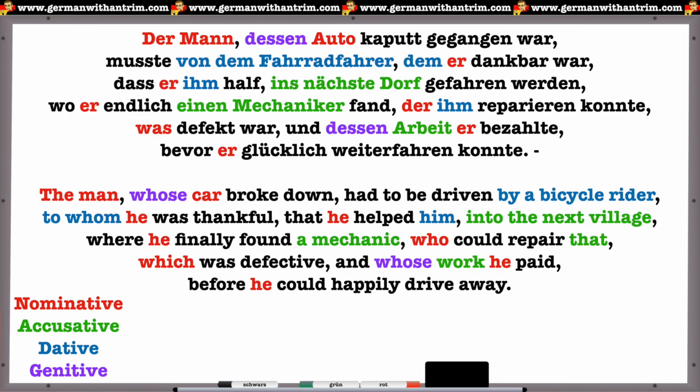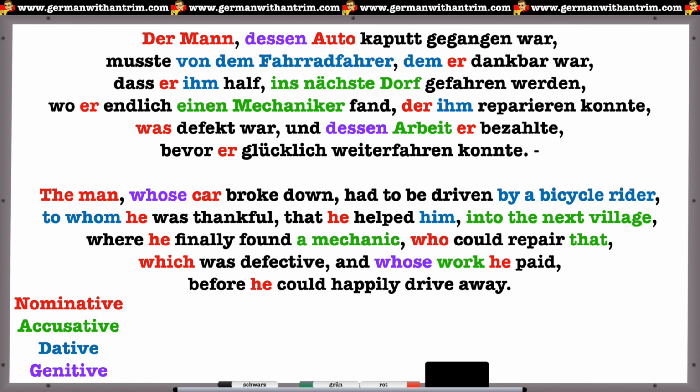Der Mann, dessen Auto kaputt gegangen war, musste von dem Fahrradfahrer, dem dankbar war, dass ihm half, ins nächste Dorf gefahren werden, wo endlich einen Mechaniker fand, der ihm reparieren konnte, was defekt war, und dessen Arbeit bezahlte, bevor glücklich weiterfahren konnte. The man whose